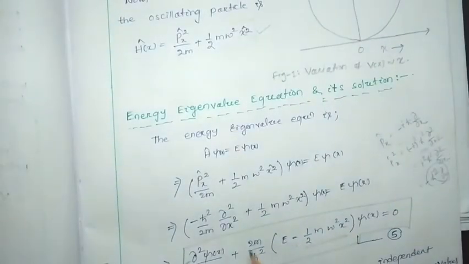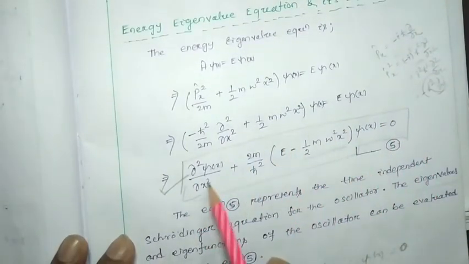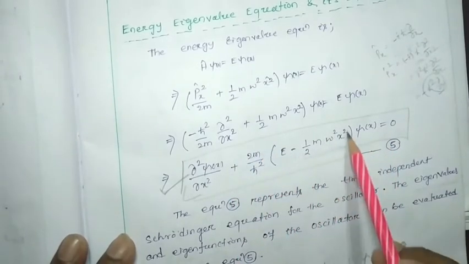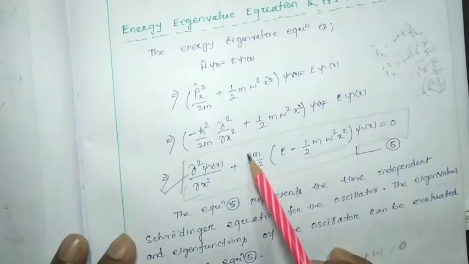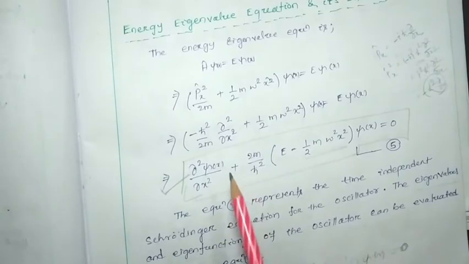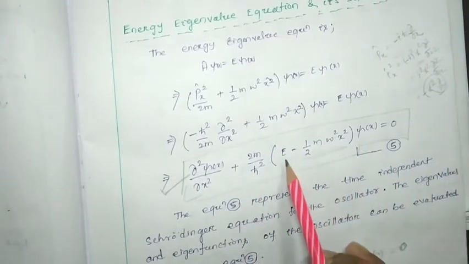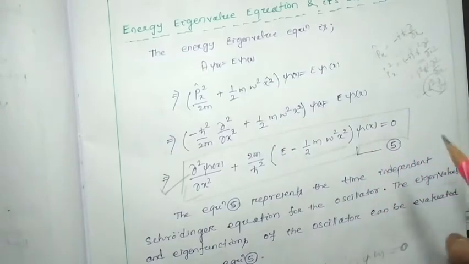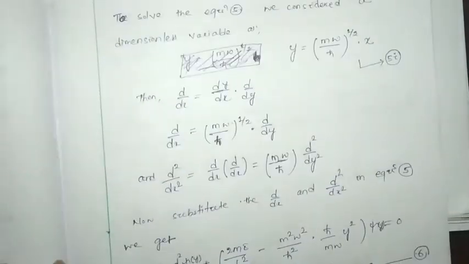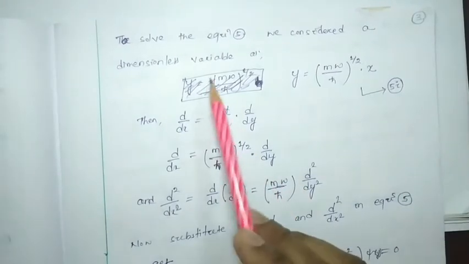This is one type of second order differential equation with variable coefficient. See here x is there, which means this term is variable, so it is a second order differential equation with variable coefficient. So I am going to transform it to another form which will be easy to solve. Only for that, to solve equation number 5, we considered a dimensionless variable as